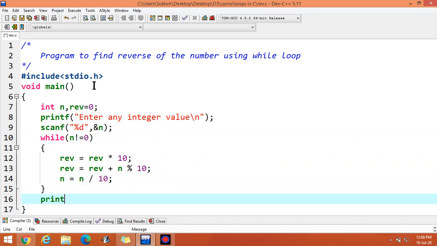Then printf %d, then the reverse of the number.